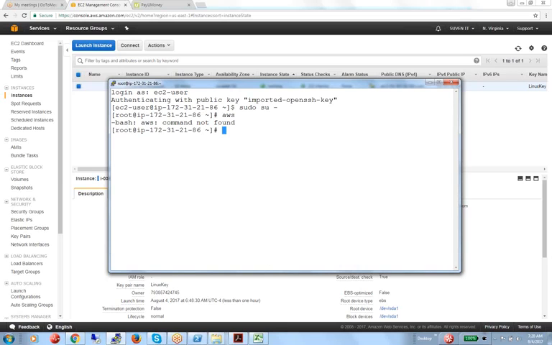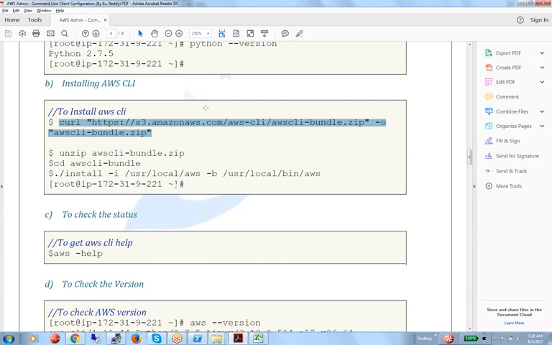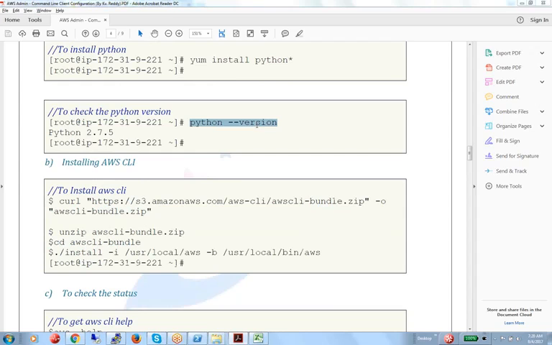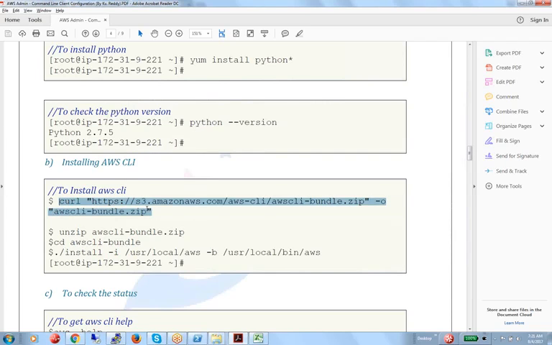For this, what we need to do is download the AWS S3 command line utility, that is the AWS bundle, so that you are able to perform the operations. Before that we need to make sure Python is installed. Mostly it is there. If Python is not there, then you need to install Python. Otherwise, if Python is there, then you need